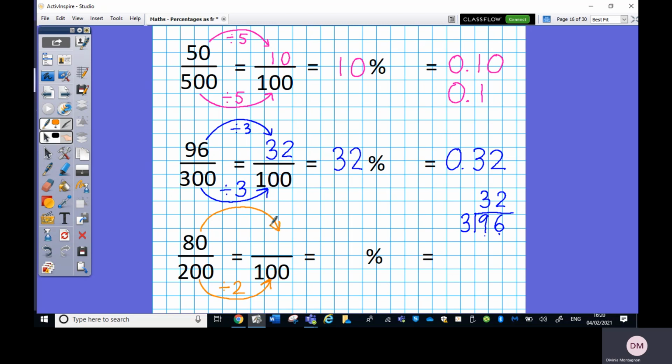Excellent. What must I do? To 80, divide it by 2. Good. 80 divided by 2 equals... Yeah, one easy way, obviously, is taking your 8 and dividing that by 2, and then putting your 0 there. Okay, so 40 hundredths equals what percentage? 40%, and written as a decimal, 0.40 or